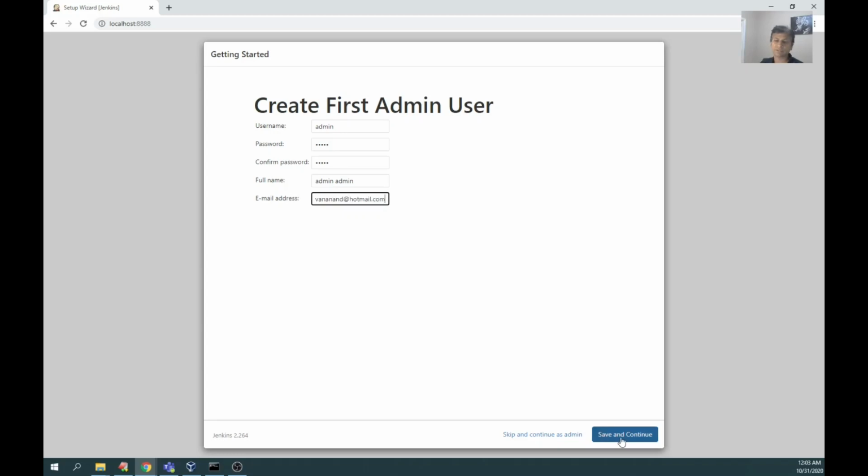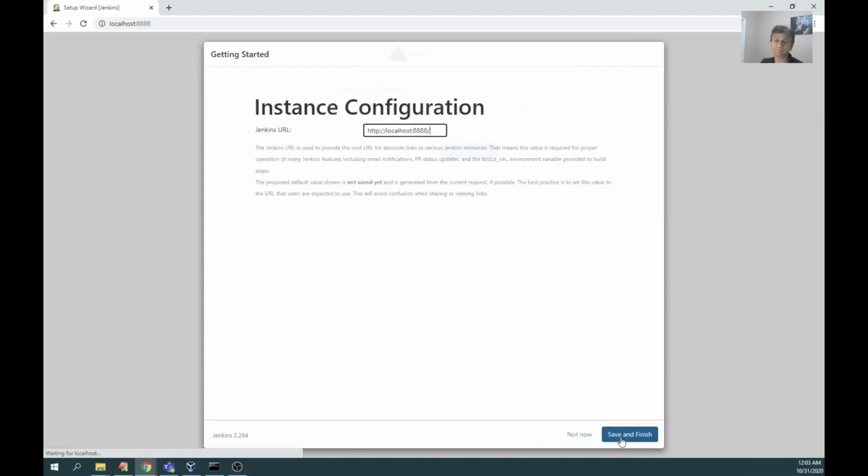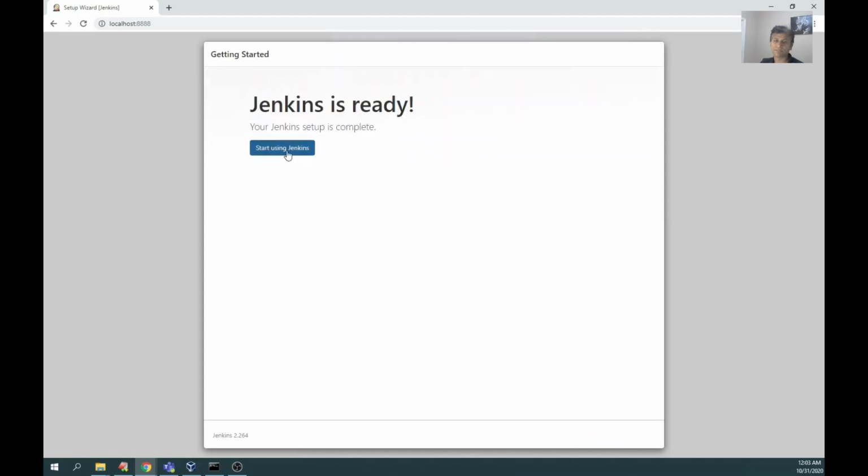Save and continue. Save and finish. Start using Jenkins.